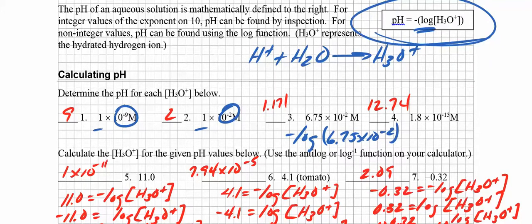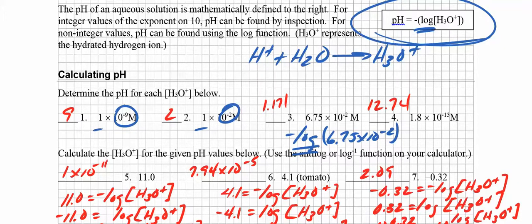Find the negative sign. It's usually in parentheses in the lower part of the calculator. LOG, make sure it's LOG and not LN. We want the base to be 10, not E. And then 6.75, second EE, negative 2 will give us this times 10 to the minus 2 part. When we do that, we'll hit the enter button and we get this number